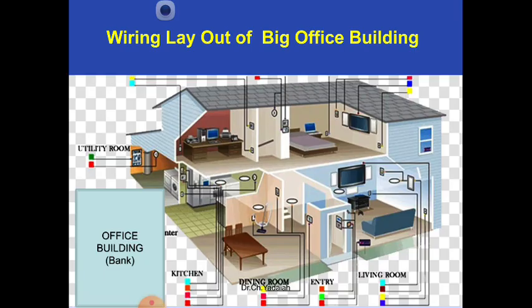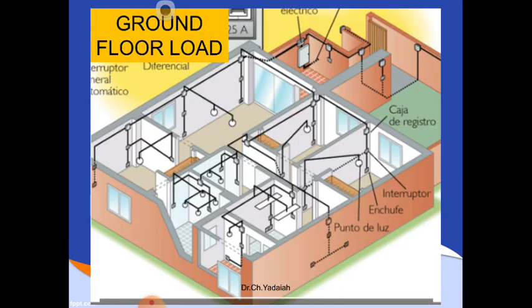Now let us see. Let us assume this is a building. We are going to calculate the lighting load, how many points, what is the total load, and how many sub circuits. Based on the sub circuits, we will see how to connect them with the protective equipment. Let us assume this is the first floor and ground floor. For example, you can observe the office building is a bank. Each floor, first floor as well as ground floor, has some load. You can observe this load here, and for example, take the ground floor as this figure.